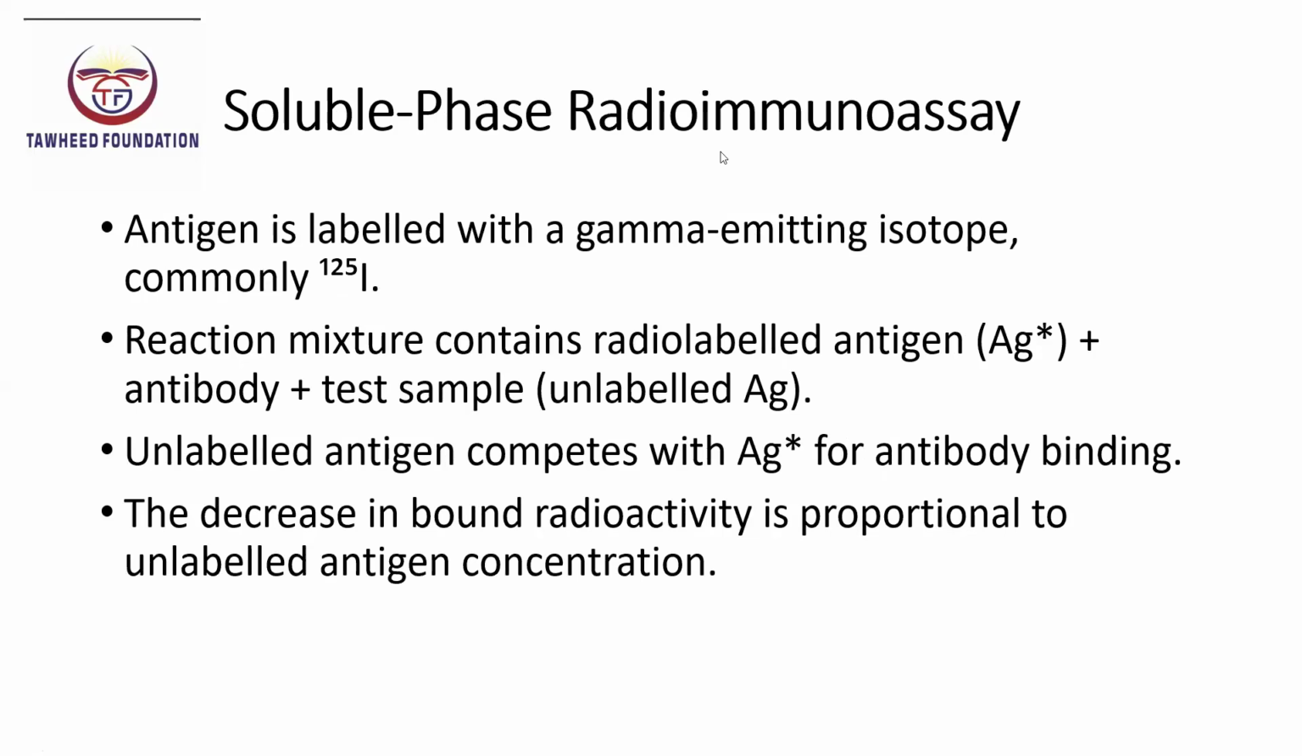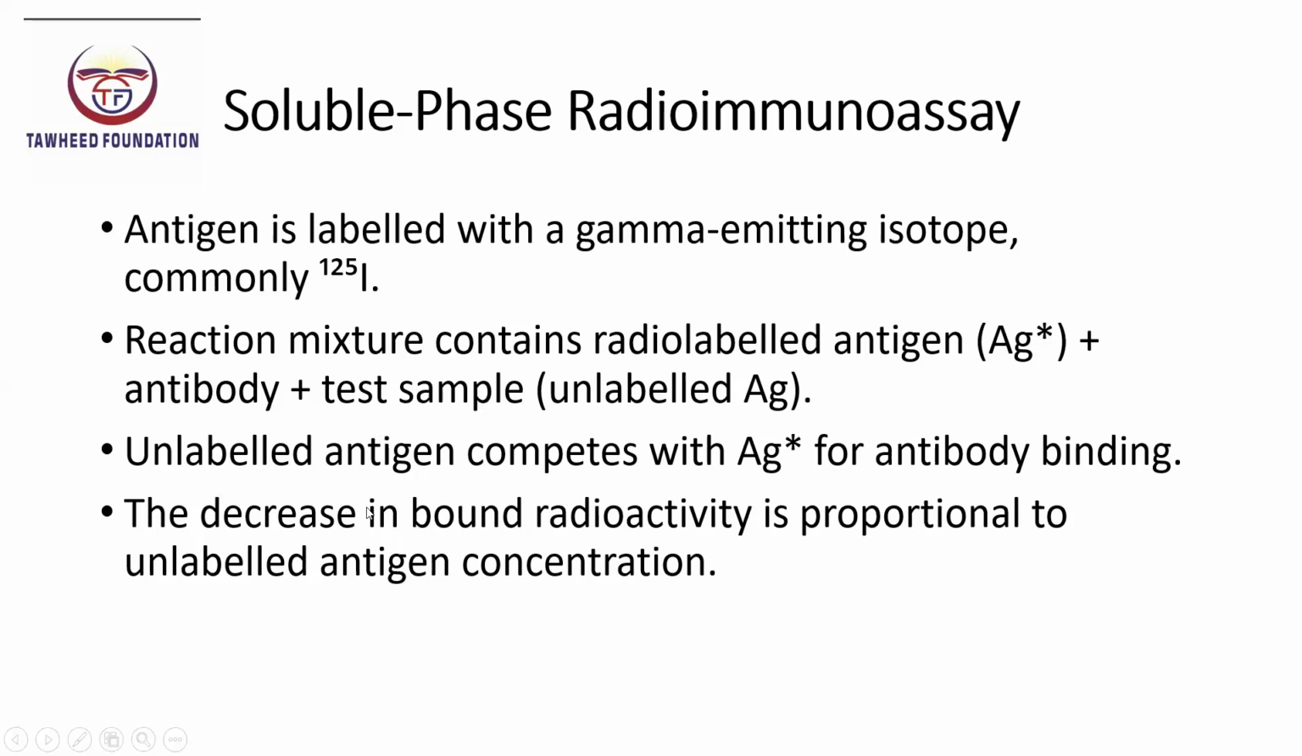Next is soluble phase radioimmunoassays. In the soluble phase RIA, the antigen is labeled with a gamma emitting isotope, most commonly iodine-125, due to its ideal half-life and energy characteristics. The assay mixture consists of three components: radiolabeled antigen, the specific antibody, and the test sample containing unlabeled antigen. When these components are combined,